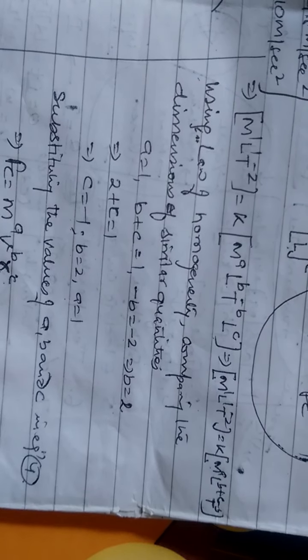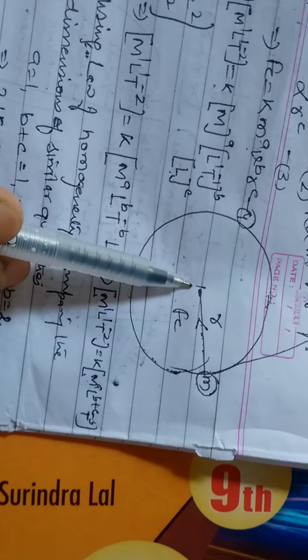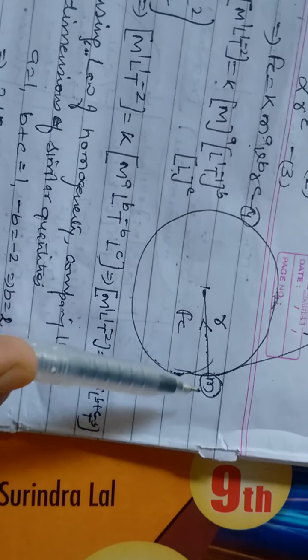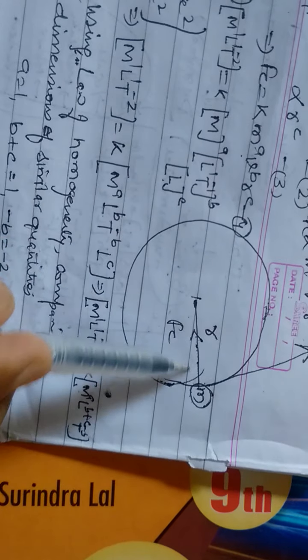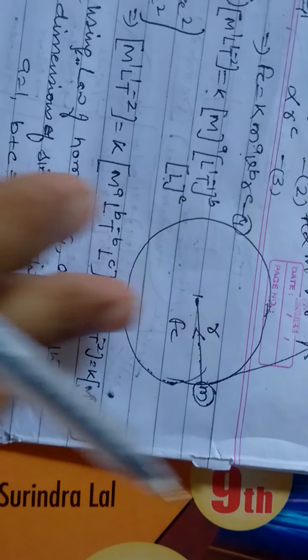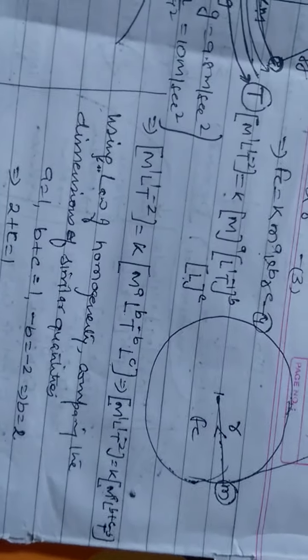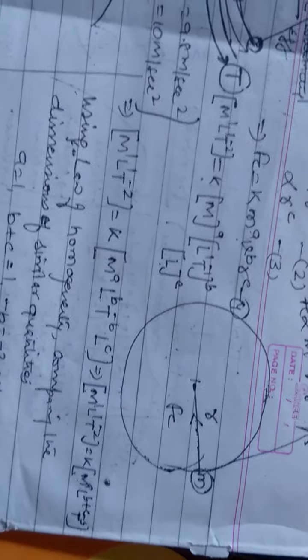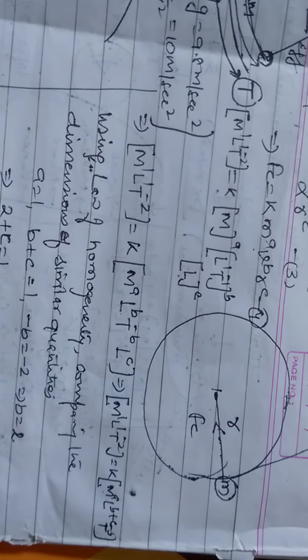That is the formula of centripetal force exerted on the object towards the center of the circular motion, where m is mass of the object, v is linear velocity of the object, and r is radius of the circular path. It is the first application of dimensional analysis, and it is very, very important from the examination point of view because one question is asked from this topic. Take care of it. Now I'm telling the second application.